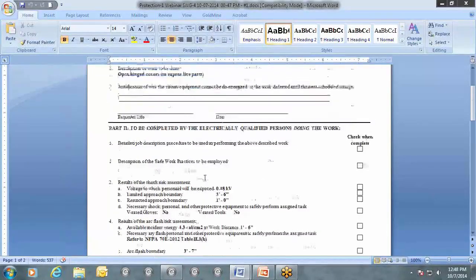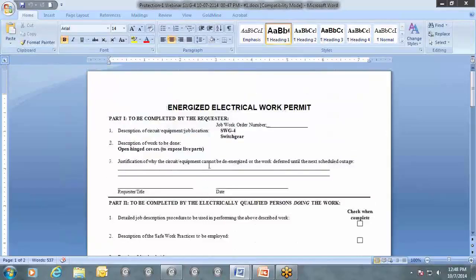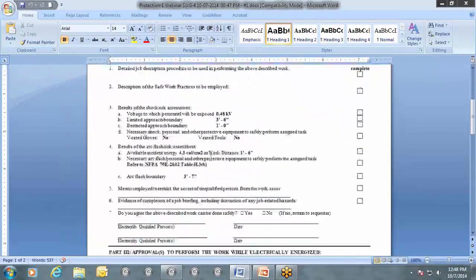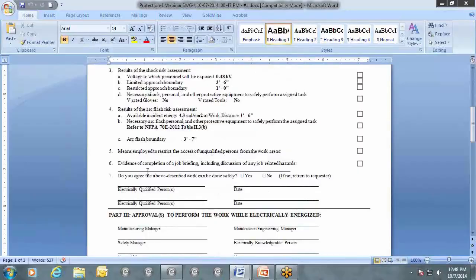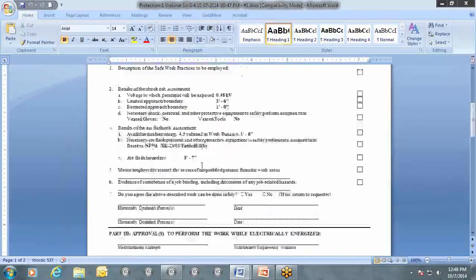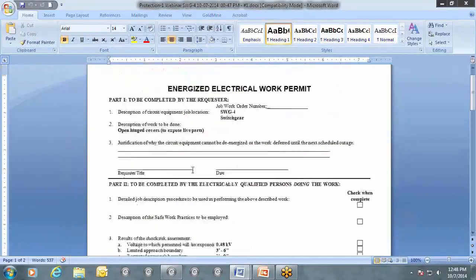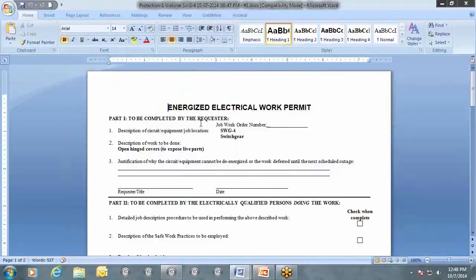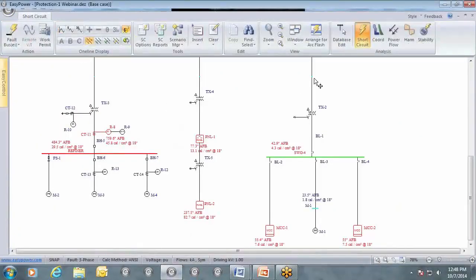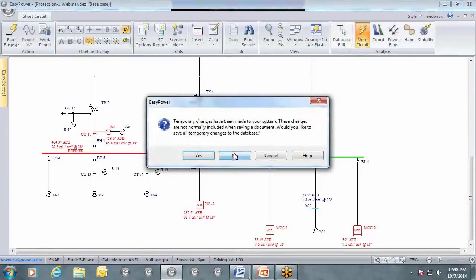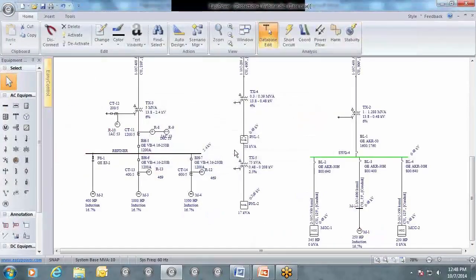This is just a Word template with some variables in it that pull in the information from EasyPower, and then gives you the opportunity to get the proper signatures, and this follows pretty much the NFPA 70E example. So saying no to that,